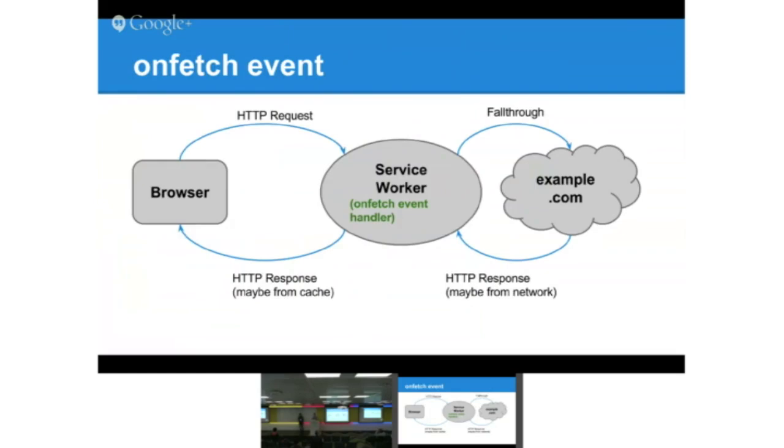So let me talk about what you would use service worker for. One big use case is intercepting browser network requests. These manifest as the fetch event, which the service worker can handle. So when the browser wants to do an HTTP request, it would see that a service worker is registered to control this type of URL,